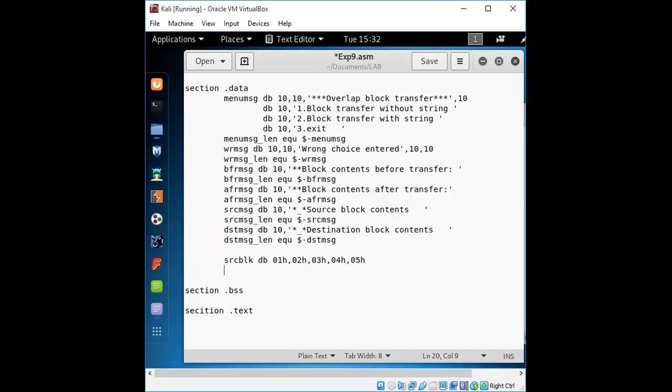So there will be 5 blocks that we are going to have, and as I told, we are going to take a few elements which will be common and a few which will be uncommon. That is the change we are going to make. In the destination block, we'll take 2 elements as different ones, that is, the same values, so it will have the same contents. And 3 values we will take as 0, 0.